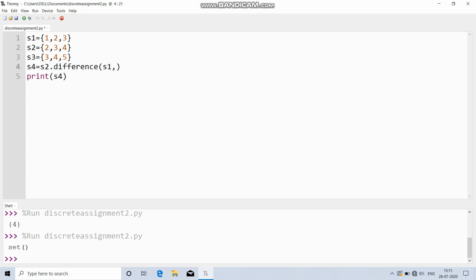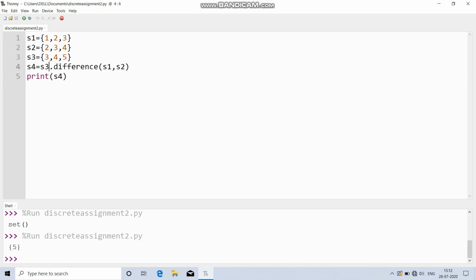Now we will write S3 dot difference S1 S2. It will give values that are in S3 but not in S2 and S1.